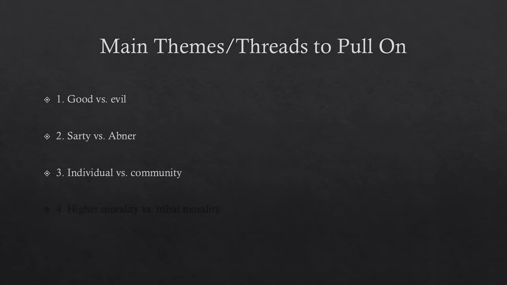And as you see, these are all threads here framed as something versus something, because this is a story that Faulkner very intentionally sets up as Sardi and Abner. And so everything follows along there with them. So it's pairs of things. And Faulkner is challenging us to think about these binaries in complex ways. So the final one is higher morality versus tribal morality. You got to stick to your blood. That's tribal morality. Higher morality is a more universal kind of morality.